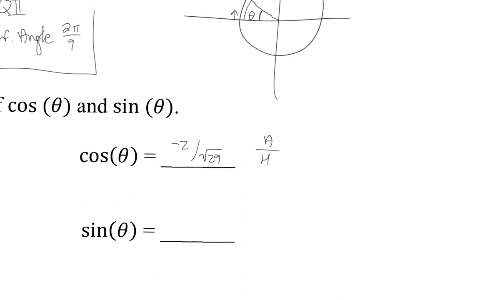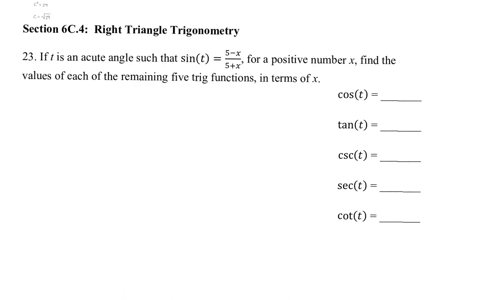Sine, that's opposite over hypotenuse. So that is going to give us a value of -5 over root 29. Perfect. And now finally, on number 23, we're looking for t is an acute angle such that sine of t